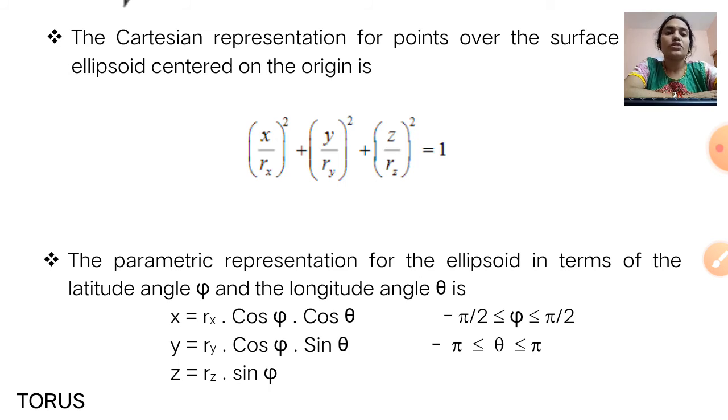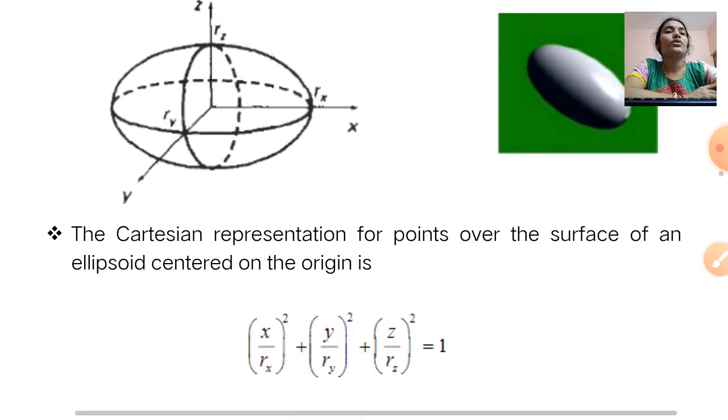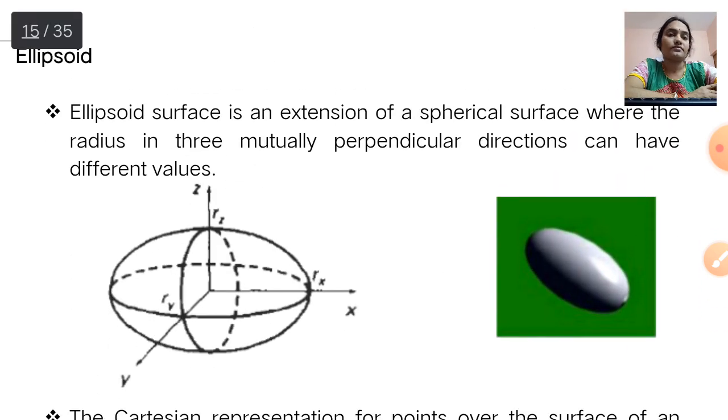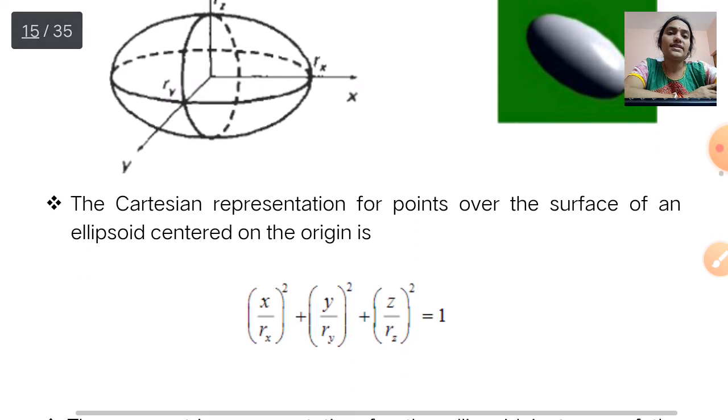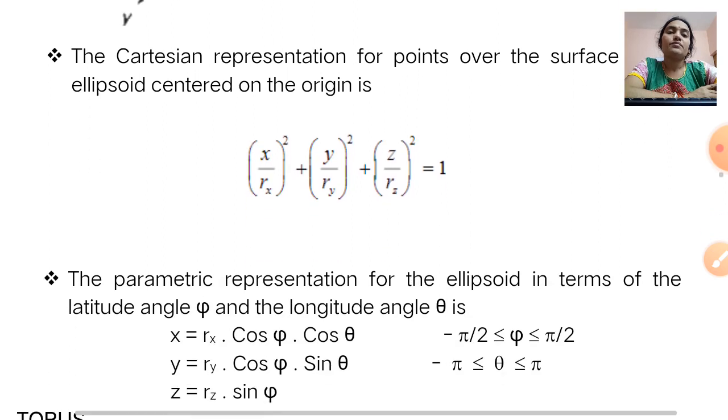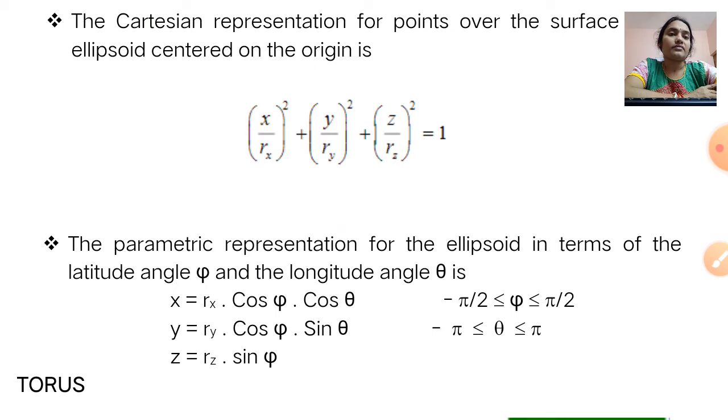Here also phi is in the range of minus pi by 2 to pi by 2, and theta is in the range of minus pi to pi. That means minus pi by 2 is less than or equal to phi less than or equal to pi by 2, and minus pi is less than or equal to theta less than or equal to pi. So this is your ellipsoid. In your syllabus only the sphere and ellipsoid are there,